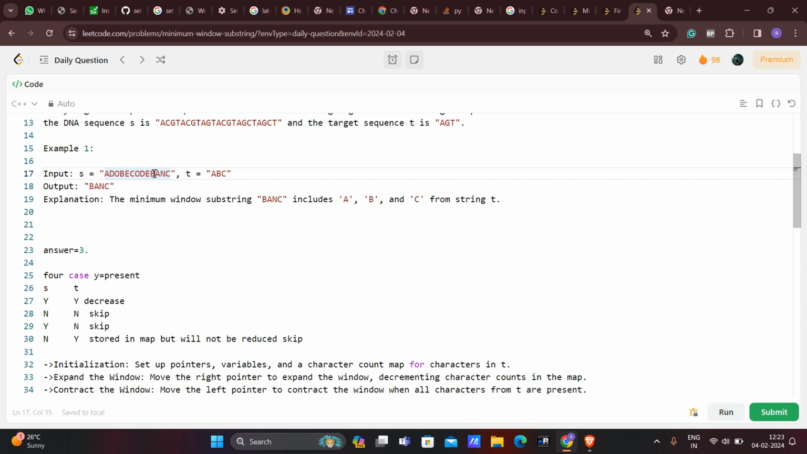And then again we'll go through till here so that it will match, because if we take this particular window it will be matched. Why? Because it contains A, it contains B, and it contains C as well. As it is matched, if we see this particular window, we can reduce the unnecessary characters like D, O, B, E, right? So we'll reduce it when all the characters are matched, and then we'll be having only